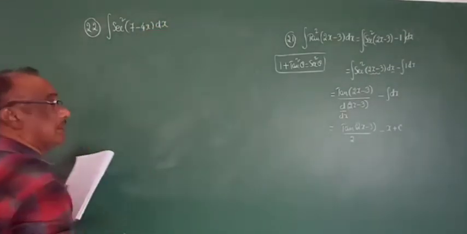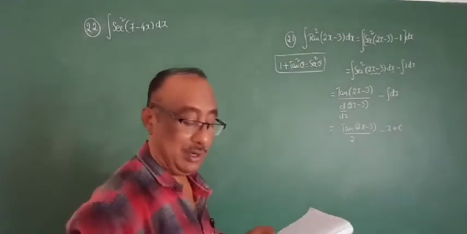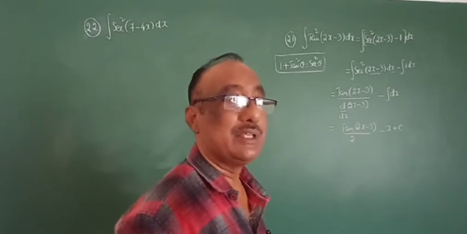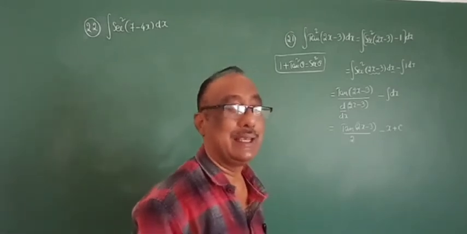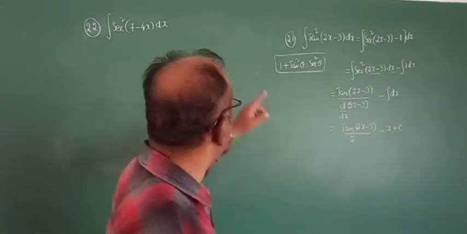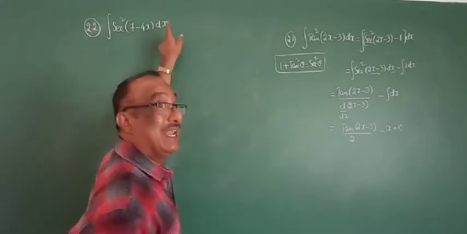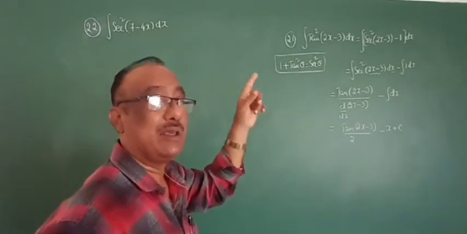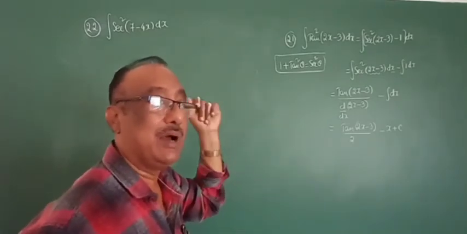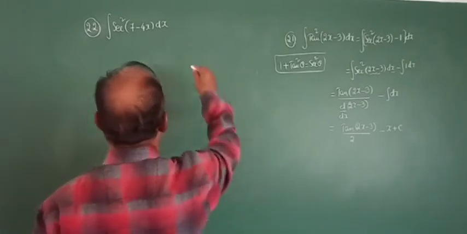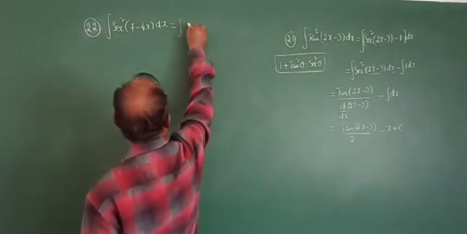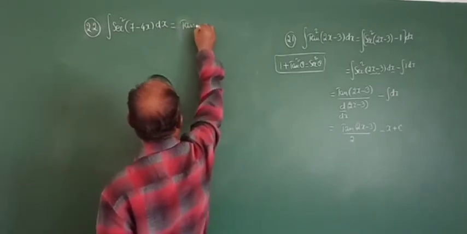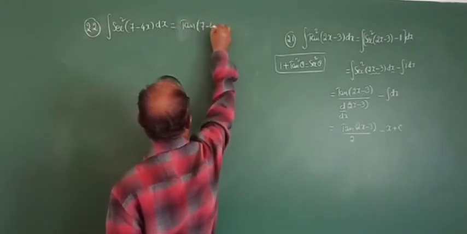I am following the chain rule only. Because of secant square, we have the direct integration with respect to a single x variable, but it is not a single x. Therefore, chain rule, with 7 minus 4x in the denominator. First we do only one step. So the integration is tan of 7 minus 4x. Right, chain rule.